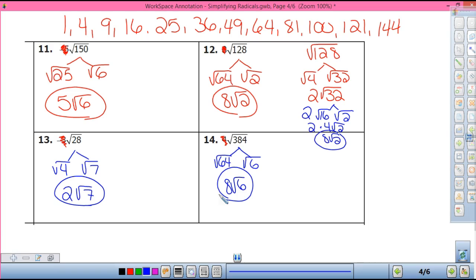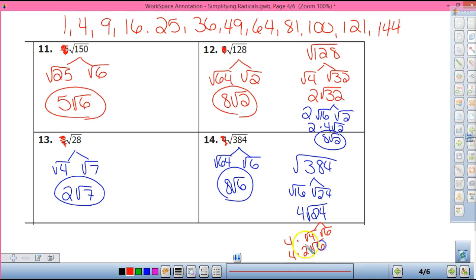Did anybody go smaller and have to do it twice? Okay, if you did, that's okay. Did you get to that same answer? What did you start with? Alright, so 384. We went square root of 16, square root of what? 24. Okay, so we've got 4 root 24. Now we're looking at that root 24. What can I reduce that to? Square root of 4, square root of 6, right? So 4 times, what's my square root of 4? 2 square root of 6. So out front, my 4 times my 2? 8